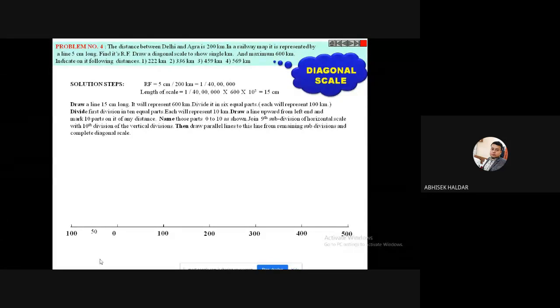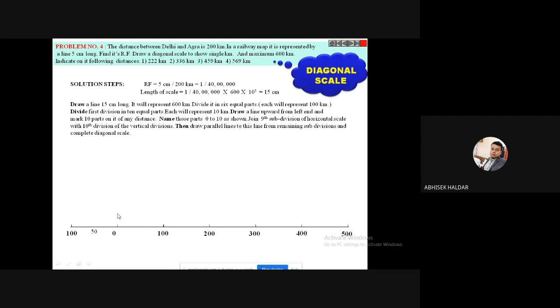There is some reason for that. Each of the parts is representing 100 kilometers, and I have started my 0 from here. The question is why, and that will be understood when I complete this construction and show you these dimensions and how to place them.